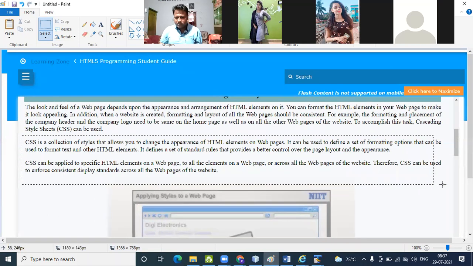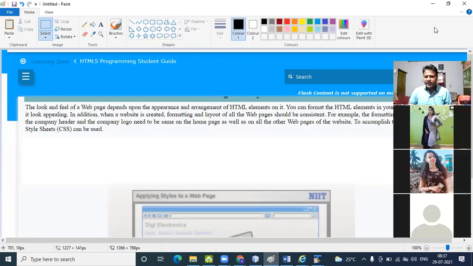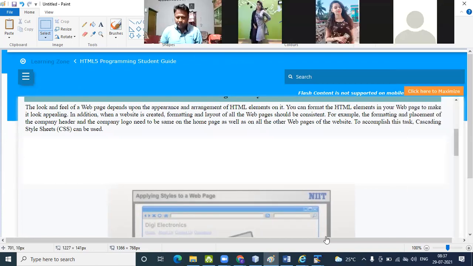Basically, by using CSS, we can create more attractive and interactive web pages.